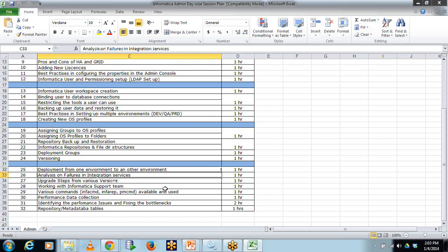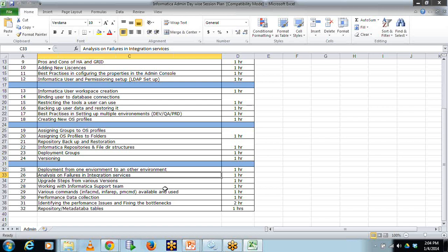Sometimes you'll get failures for which you do not have any help in the Informatica help document. You have to look up previous failures on Google, or you have to reach out to Informatica Corporation itself by raising a service request. But before we go to that level, where we have to wait till Informatica support looks at our issue and comes back,